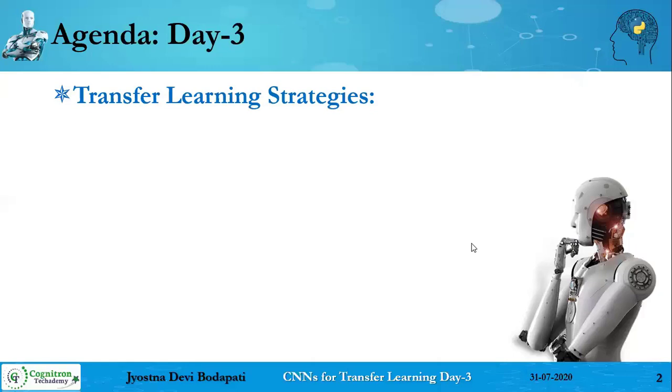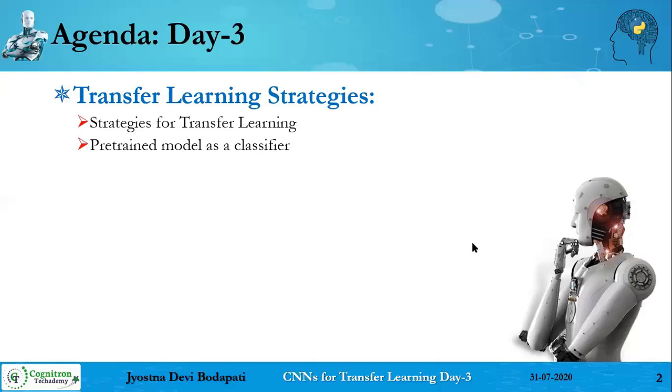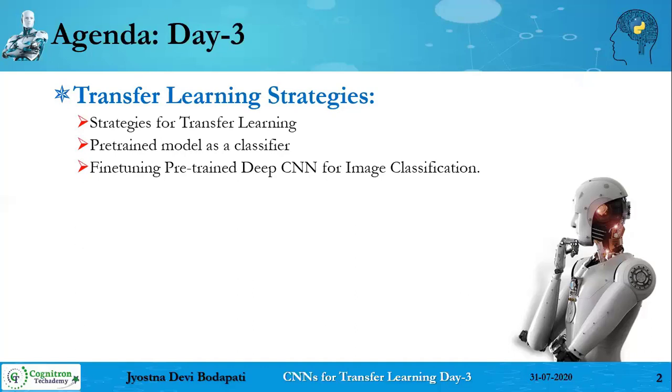So the agenda of today's topics: we'll start with understanding what transfer learning strategies are. Briefly we discussed a few of the strategies, and now we'll completely discuss the different strategies that are possible when you apply transfer learning. Especially we'll be focusing on how to use VGG for fine tuning on our own data set. Like yesterday we saw leaf classification, right? For that data set, can we use a pre-trained deep CNN? That's what we'll be discussing today. And then how to extract features from deep CNNs.